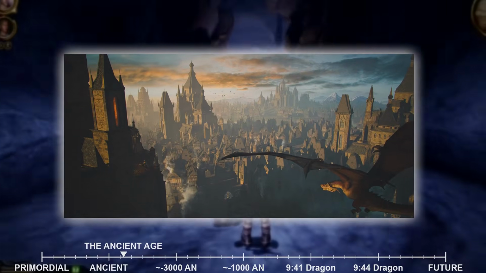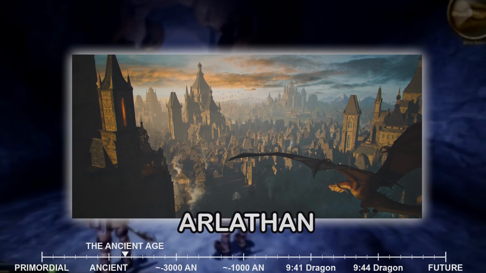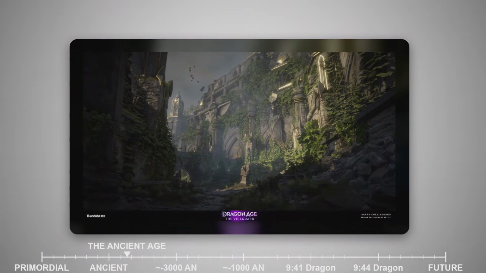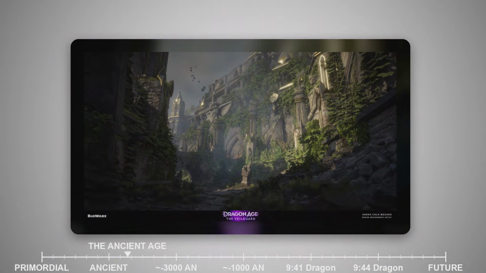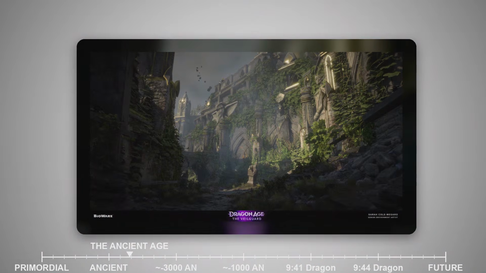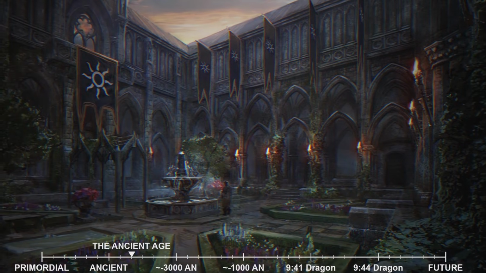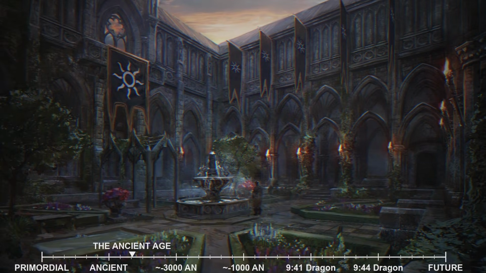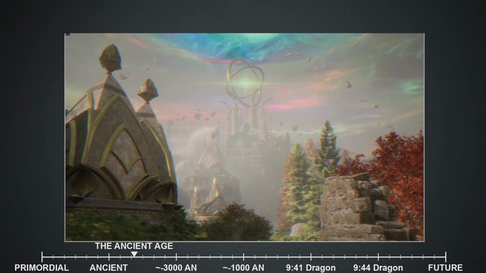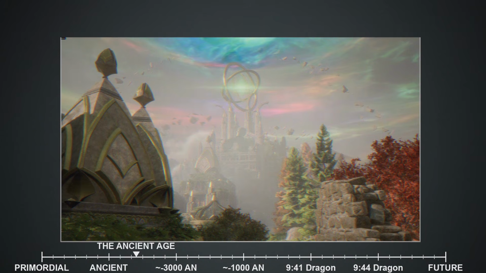At the heart of Elvenon stands the golden city of Arlathan, a metropolis that defies conventional description. Imagine towers that shift and reshape themselves according to the desires of their inhabitants, gardens where plants grow in impossible geometries, bridges of pure light spanning distances that should not be crossable, and you begin to approach what Arlathan represents. The city is not merely built with magic. It is magic made manifest, a place where thought and reality intertwine so completely that the distinction becomes meaningless. Arlathan serves as both the physical and spiritual center of elven civilization, a beacon of their achievement and a symbol of their dominance over the natural world.